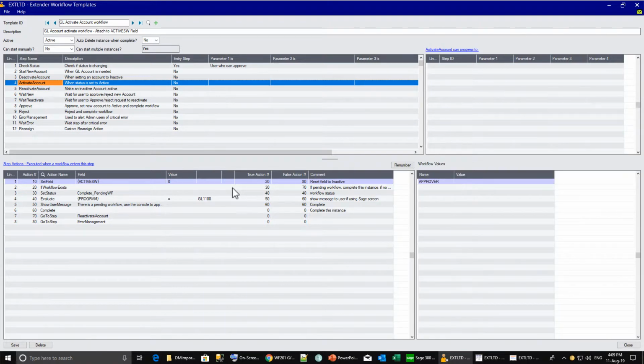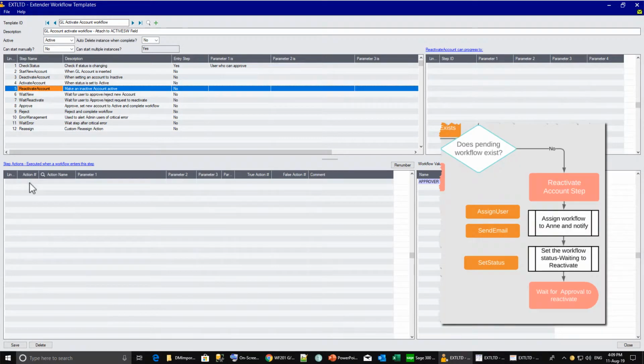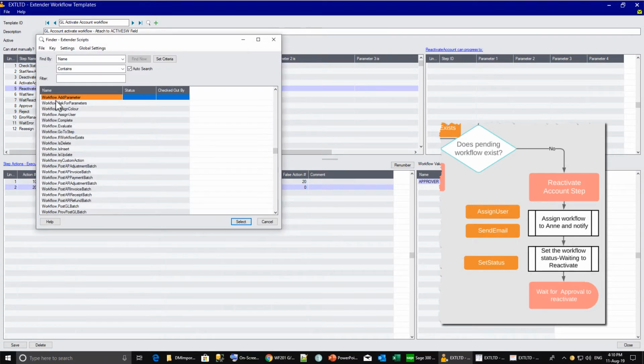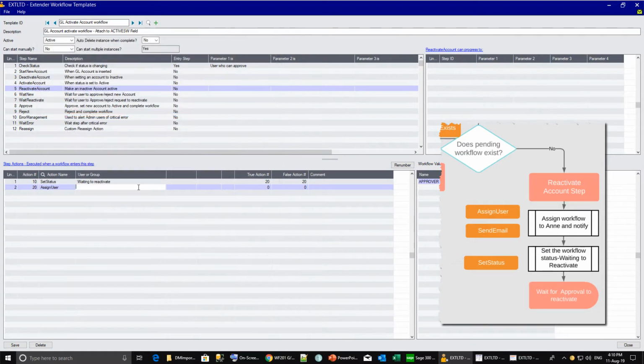So now let's add the actions for reactivate the account. And in this particular example, reactivating an account is going to simply set the status to assign the user, use the finder for a change, and the user is going to be the same in this example, the approver. And then I'm going to go to step, wait, reactivate,